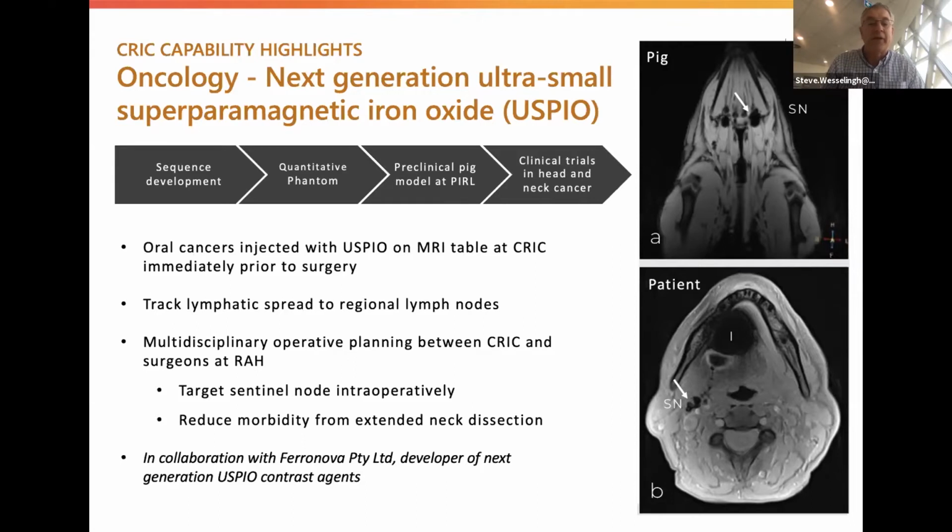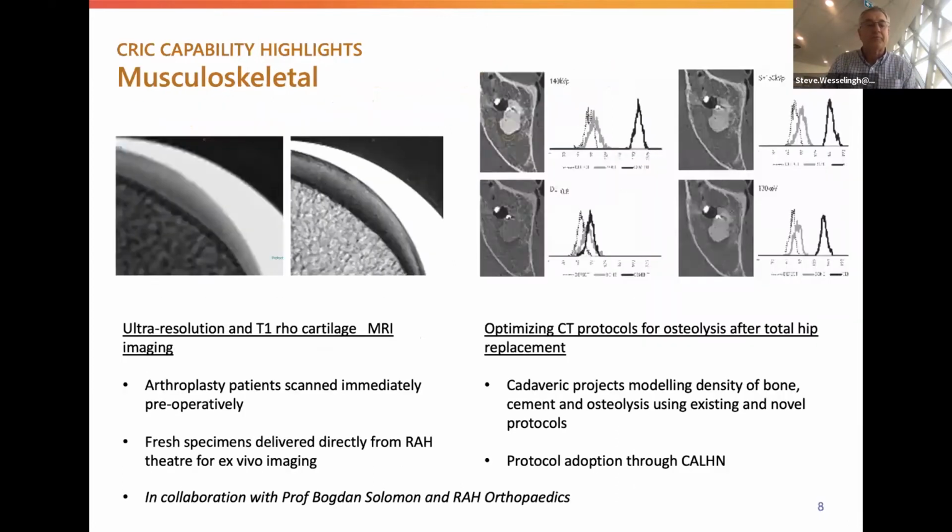So it's been a very exciting development, showing the importance of the continuum from preclinical to humans and then impact on patients. In terms of musculoskeletal, again, quite a lot of the work with the MRI and with the CT